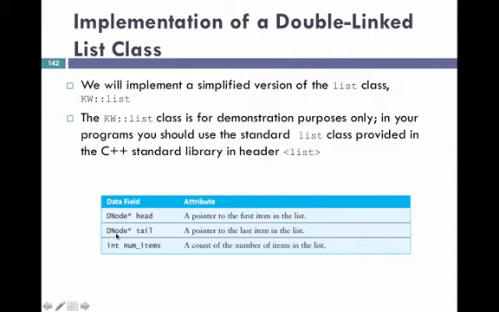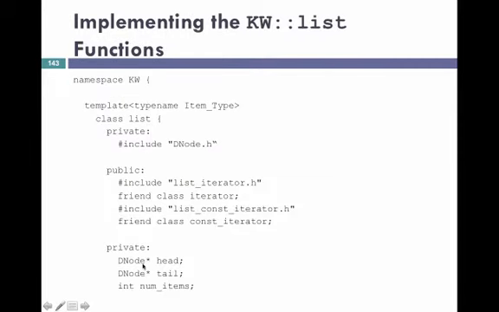Now in our double linked list class, we're going to have a head and tail that are pointers to the first and last item in a list, and we keep track of the number of items in the list. Here's our